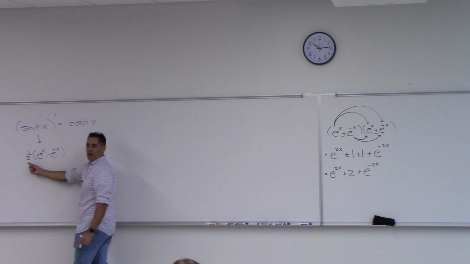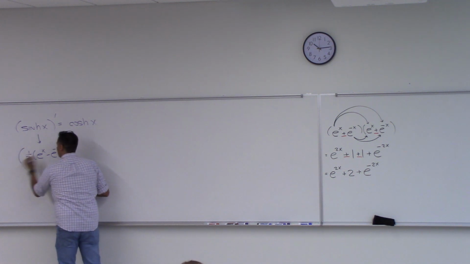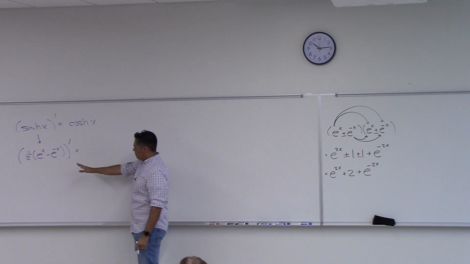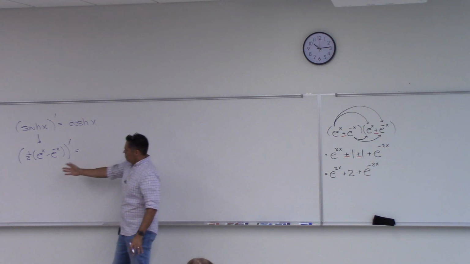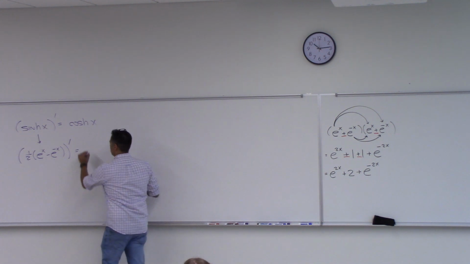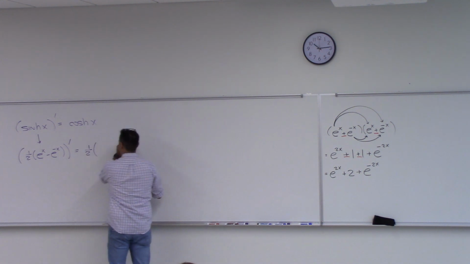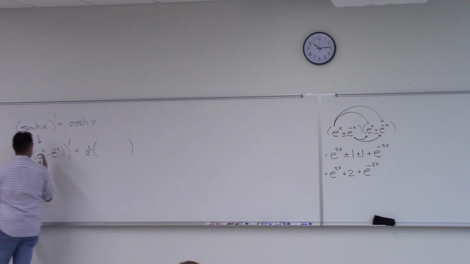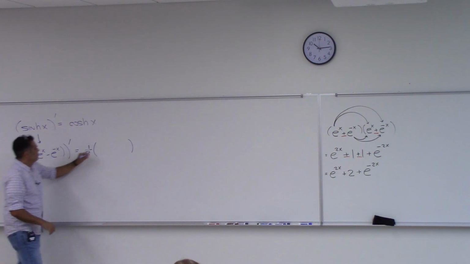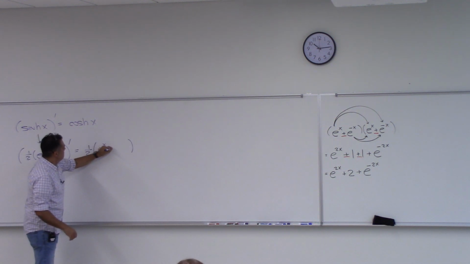That's sine hyperbolic, right? If I want to take the derivative of this, how would you take derivative of this? Well, that's a constant out front, right? So it will just come for the ride. And then in parentheses, let me take derivative of each of these individually, because there's subtraction between them. What's derivative of e to the x? Itself, right? E to the x